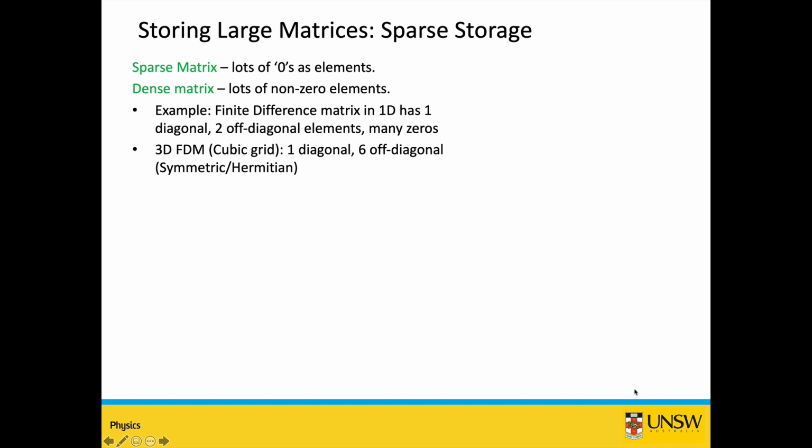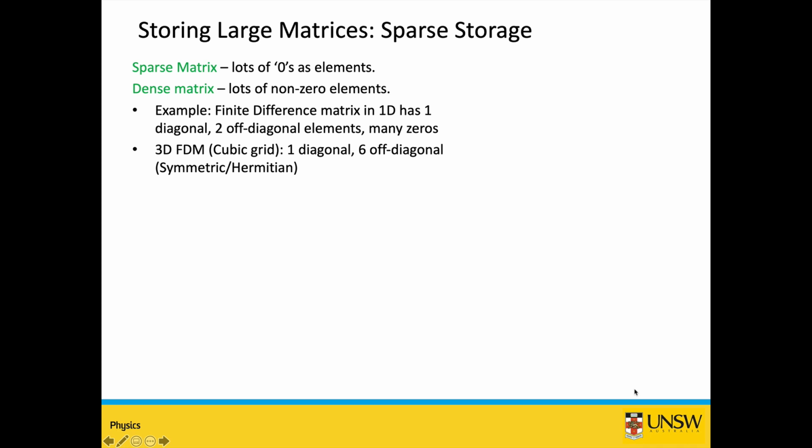These are called sparse matrices, and they are very useful to solve real world problems. Many real world problems actually have a sparse matrix representation, because sparse matrices occur when interactions in the matrix are local. That means for one element, only the elements around that element contribute to the matrix. So the interaction is local, and there are no distant interactions, where one element far away from another element interacts with it. That's why you get a lot of zeros for those interactions that are farther away, and you end up with sparse matrices.